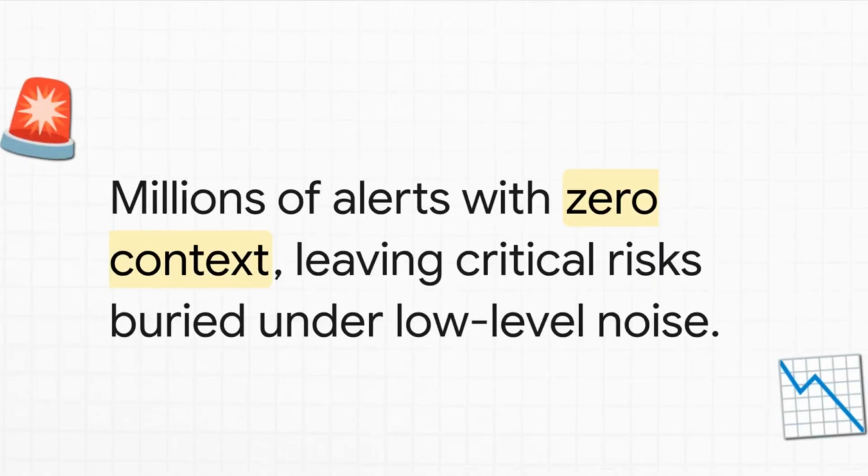And here is the harsh reality of applying that old-school process to modern infrastructure. You get a total operational collapse. Because environments are so vast now, large enterprises are generating thousands, sometimes millions of vulnerability findings. Security teams are just drowning in a sea of alerts with zero context. It is literally like trying to find a needle in a haystack of needles. Teams start treating critical alerts like unread promotional emails simply because there are just too many of them. Without proper prioritization, you've got people wasting days fixing low-impact issues on internal servers, while the truly critical internet-facing risks are just buried in the noise. It's a one-way ticket to operational burnout.